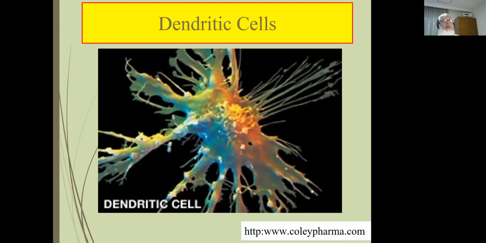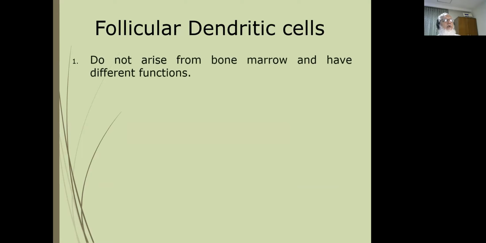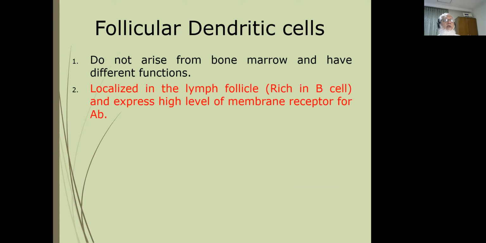This is the picture of dendritic cell and their developmental pathway; as I have said, they arise from both myeloid and lymphoid progenitors. The lymphoid progenitor cell gives the lymphoid dendritic cell, and the others are named Langerhans, interstitial, and myeloid dendritic cells. There is a special type known as the follicular dendritic cell. They are not antigen presenting cells. They do not arise from the bone marrow and have different functions. They are localized in the lymph follicle,